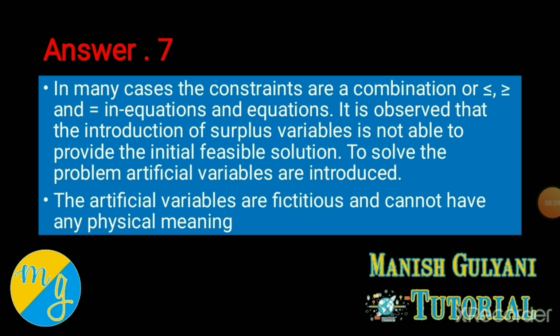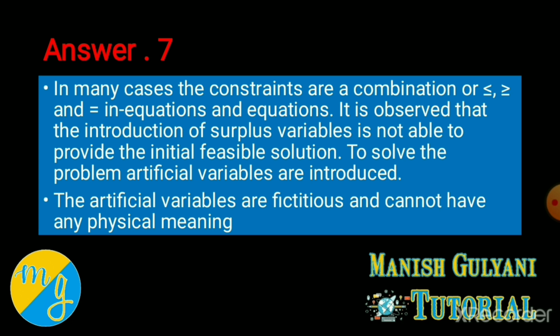So in the case of equal and greater than constraints, it is sometimes observed that the introduction of a slack variable or surplus variable is not able to provide the initial feasible solution. So to solve this problem, artificial variables are introduced, and the artificial variables are fictitious, meaning they can't have any